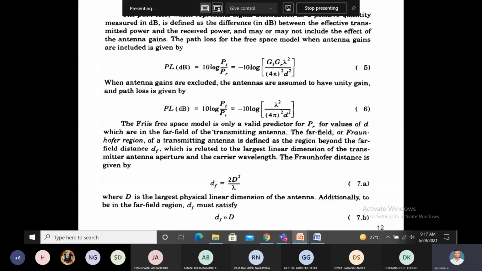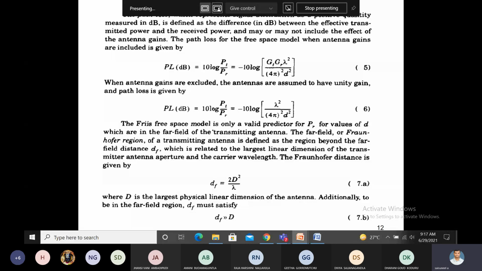Before we calculate path loss, in general, suppose I am giving an input of 10 volts peak to peak. We are getting an output of only 8 volts peak to peak. How to calculate loss? Input voltage minus output voltage gives us the loss. Similarly, in path loss also, it depends upon how much transmitted power and how much received power we have. Based upon this only we calculate the path loss.